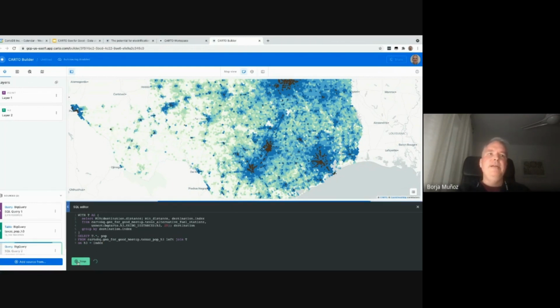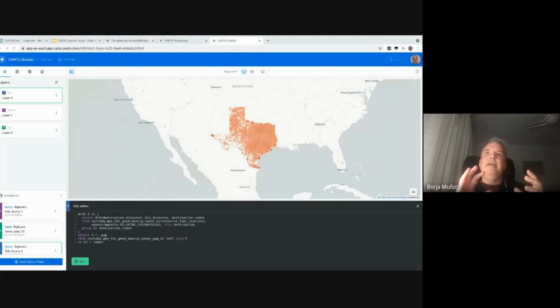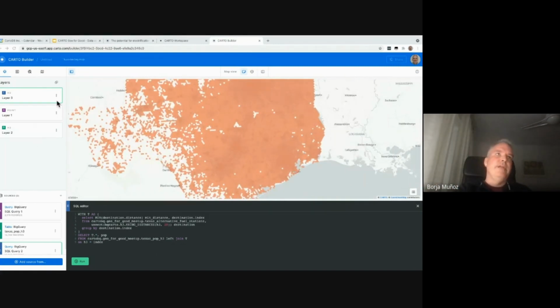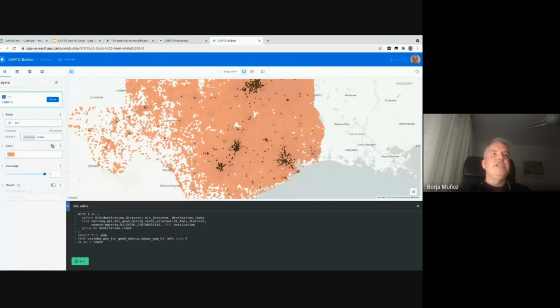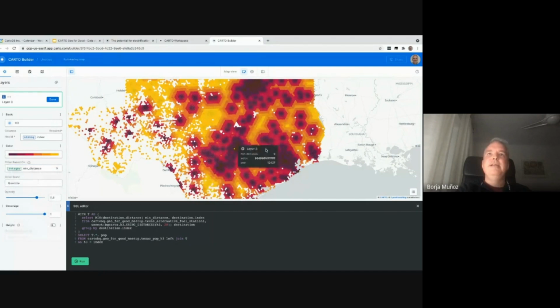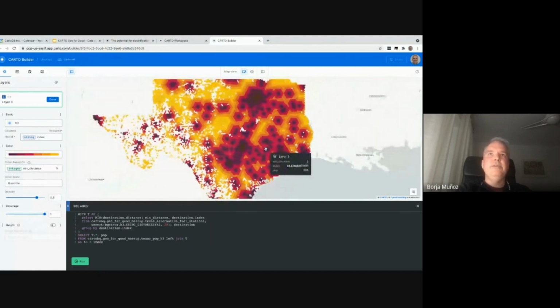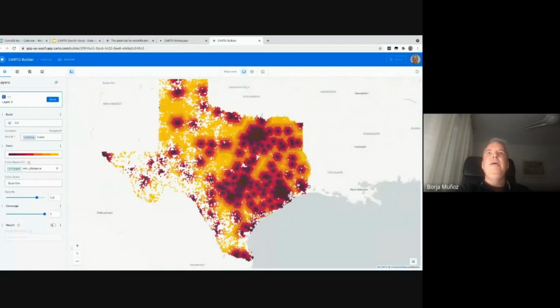So if I click run, this is going to do this calculation, and we are going to have a new layer that is going to represent the distance from the population to every alternative fuel station. So here I can see it, but if I move it below and then I change the style, so we represented this based on the distance, we have a really nice visualization that is also really fast, where we